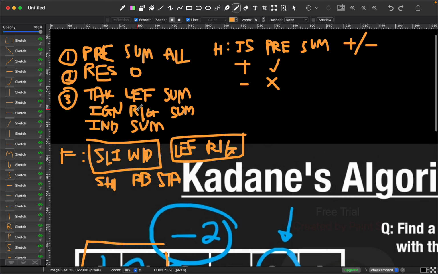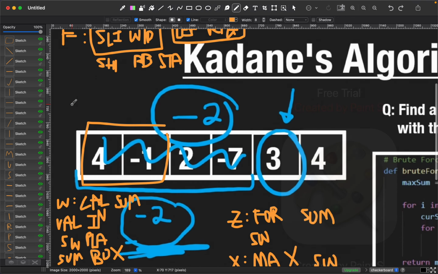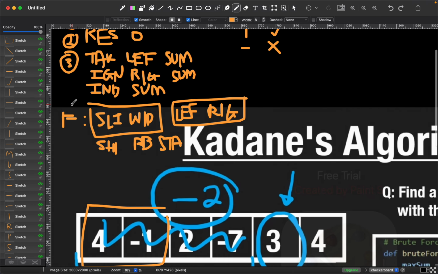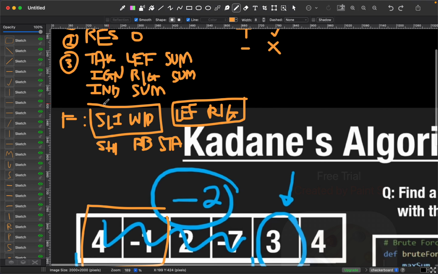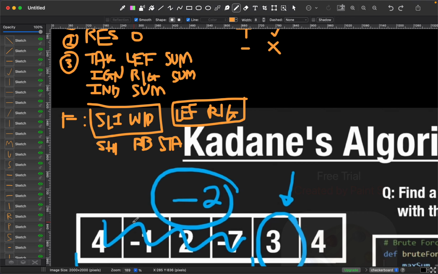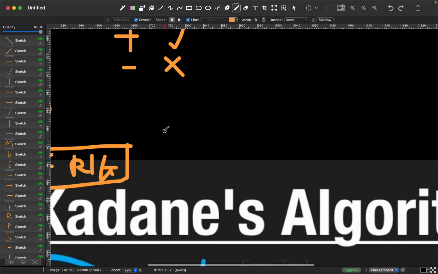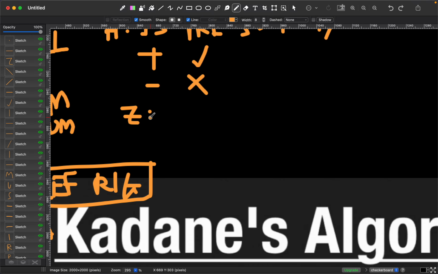So what it chose is the option 3, which is take the left sum, right? Intuitively you will take that. But also you have the option to actually take just the individual sum, which is a 4, and you can just take it home. So this guy, since the moment is a positive value, I will choose to actually store it. So operation Z for this case is that